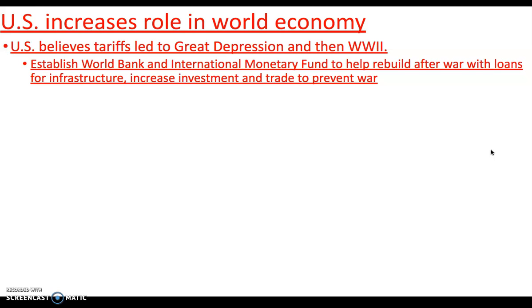Because if you've got a bunch of resources, but you don't have the means of getting it, like you can't extract it, if you can't have roads or bridges or airports or seaports to kind of transport this stuff and get trade with other countries, then it's kind of useless. So this is going to help rebuild that and help increase investment within these countries to, again, bring in more wealth, again, increase that trade.